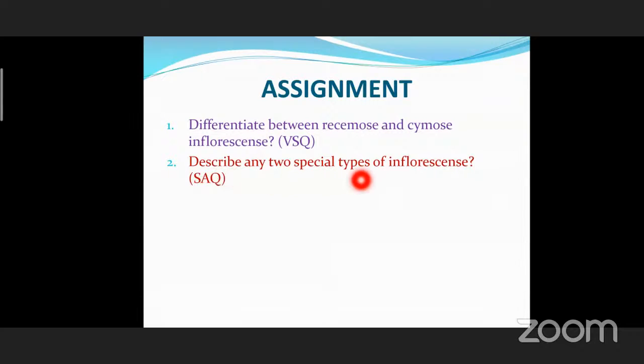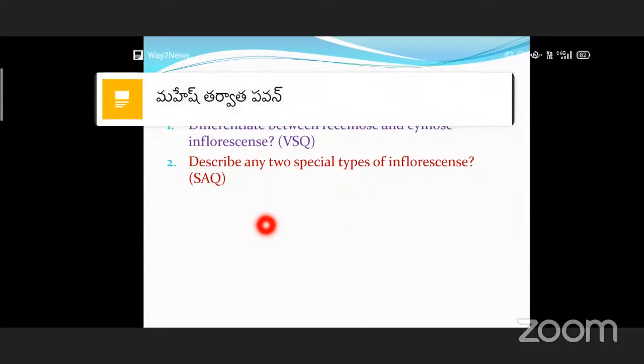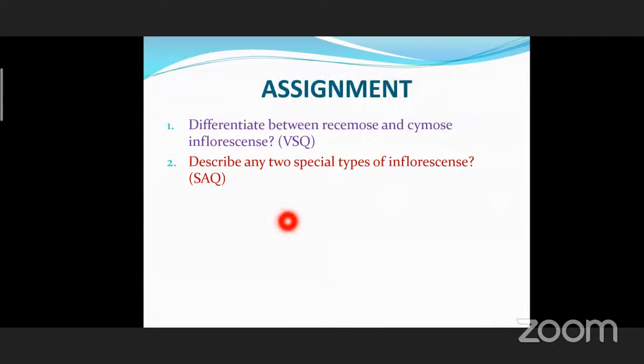There are 3 special types of inflorescence. What are they? Verticillaster inflorescence, second cyathium, and third hypanthodium inflorescence. First, verticillaster inflorescence, example, Leucas. Second, cyathium inflorescence, example, Euphorbia. Third, hypanthodium inflorescence, example, pomegranate, scientific name Punica granatum. Another example, banyan tree, the scientific name Ficus